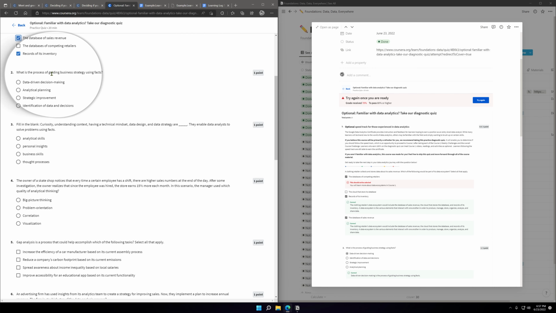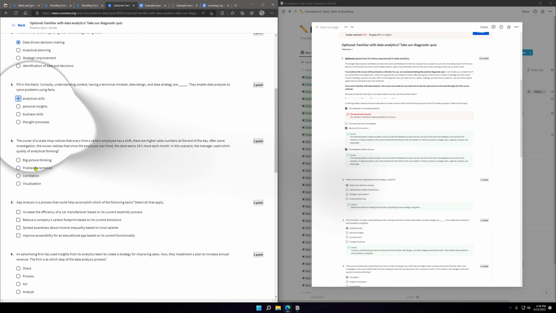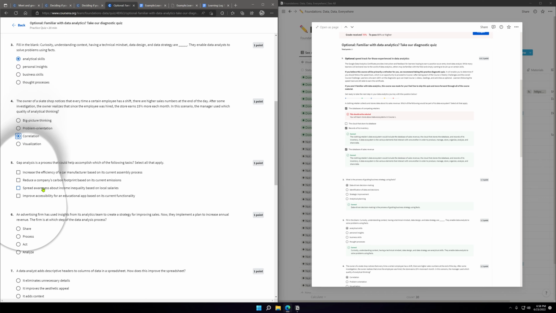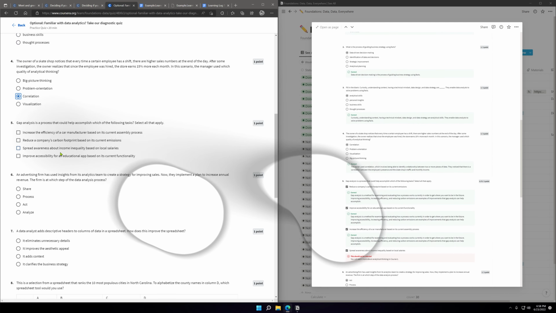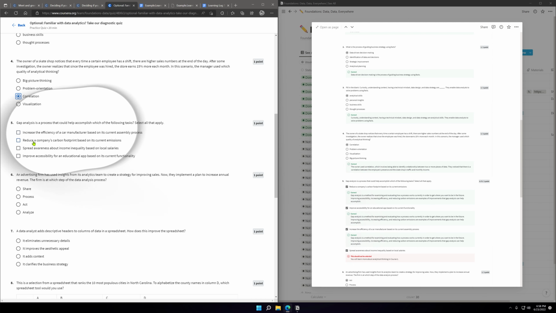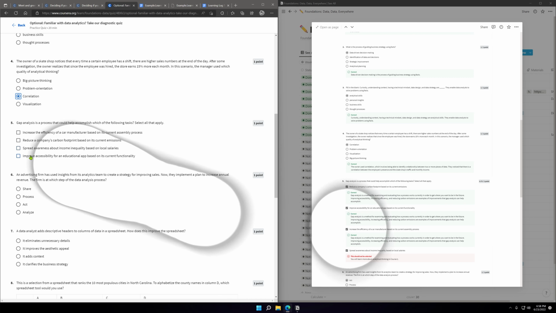What's the process of guiding business strategy facts? Data-driven. Analytical skills, correlation. How about number 5? Everything but spread.